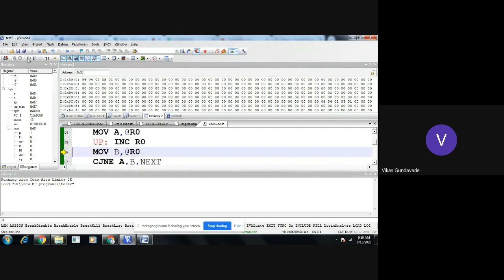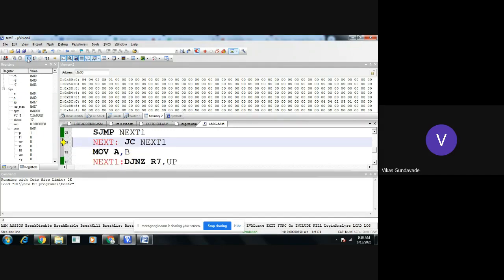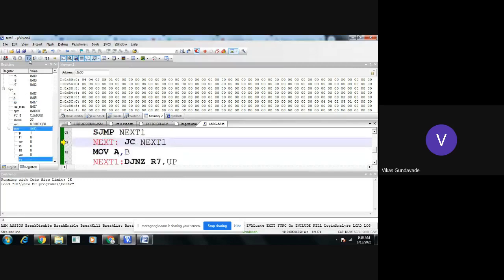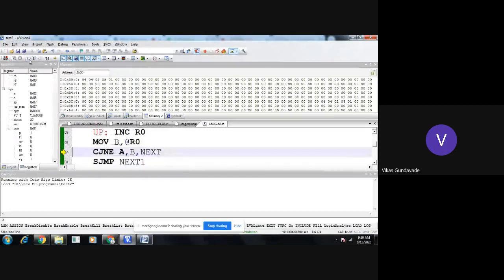The second number is taken into the B register, that is 02. Now after comparison, the carry will get checked. See here, carry is not generated, so the B contents will get transferred into the accumulator. The accumulator contents are 02 now. Then again it is compared with 05 and then with 01.